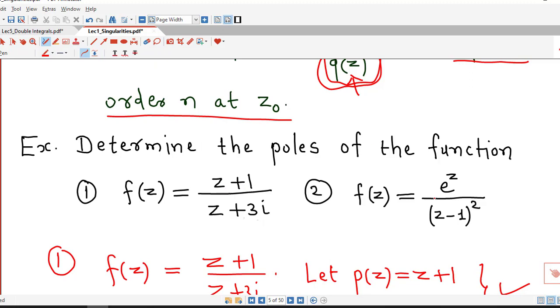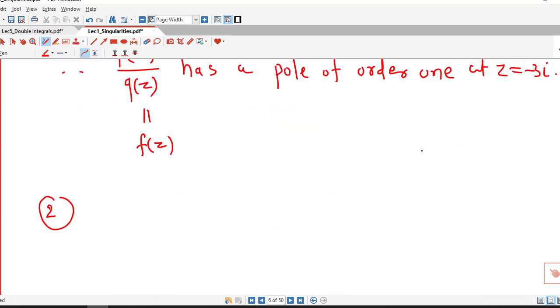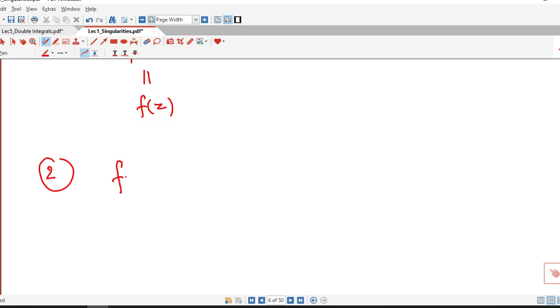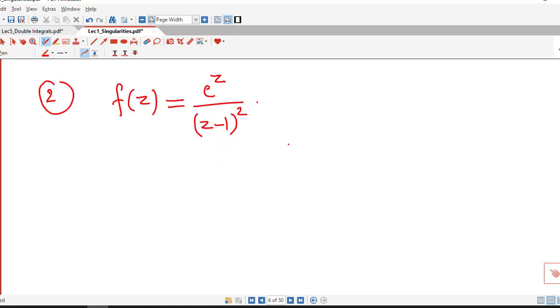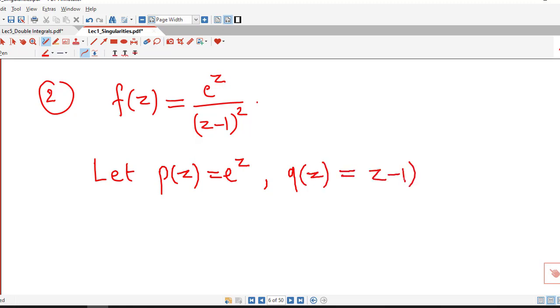We consider the second example, second problem. F of z is e raised to z over z minus 1 square. So here also it is a quotient of two functions, which we denote by p of z equal to e raised to z, q of z equal to z minus 1 square, and both the functions are entire functions, so both are analytic